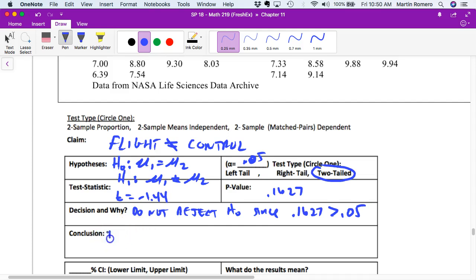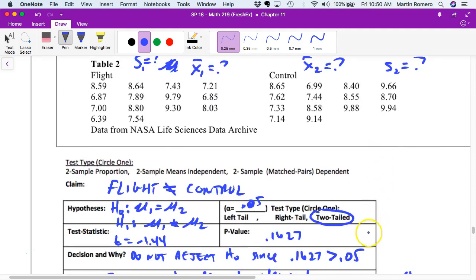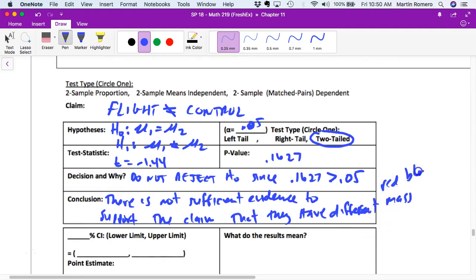What's our conclusion? There is not sufficient evidence to support the claim that they have different red blood cell mass. We do not have sufficient evidence to conclude that, because what happened is we did not reject this and we